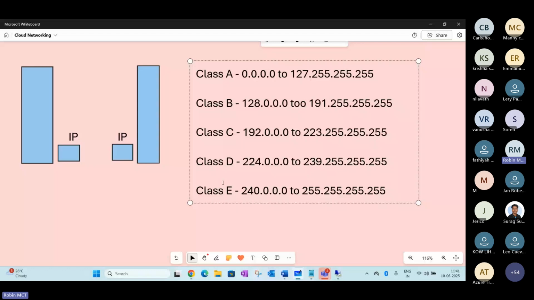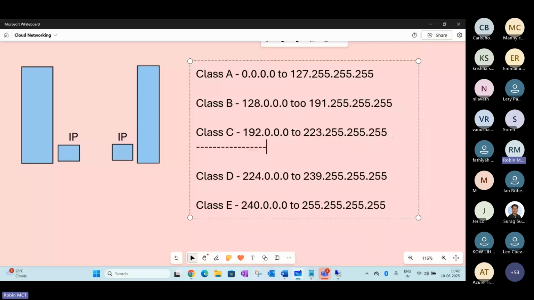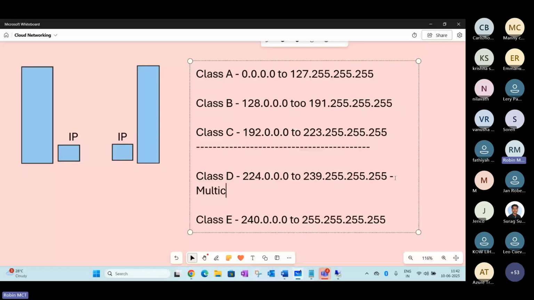you are using. IP version 4 is the commonly used IP address, even in the cloud. And the IP address which you are going to use in the cloud falls under class A, class B, class C, class D, and class E. Normally we are using class A to C here. And class D, generally we are not assigning to any production. The reason you may already be aware, class D is normally used for multicast purposes.